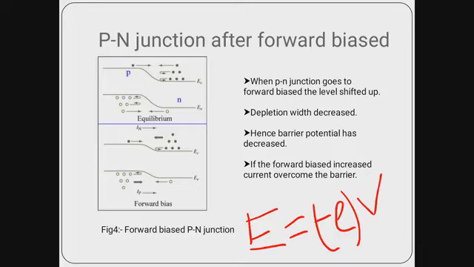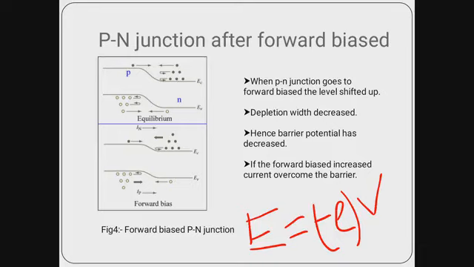This voltage may be 0.7, or 0.2 or 0.3, depending upon the material you have chosen, and this is called the knee voltage or the cut-in voltage, but the current increases sharply. So when the level goes up, plenty of electrons move from N to P side,